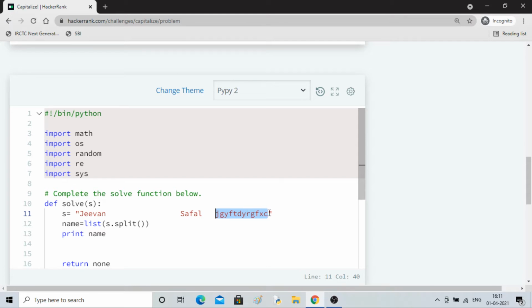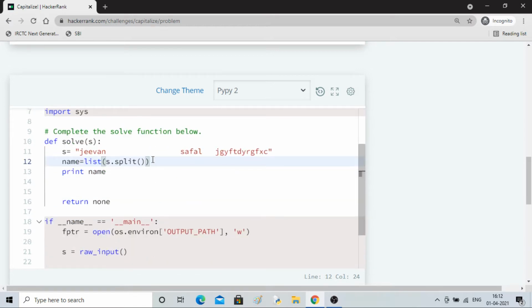So let me take this only and I'll convert it into lowercase. Let me take that string. Whatever the string will come, I don't care. I'm working with this string. If I'm satisfied with the result, I'll remove it. So splitting will not work, that's something you can see.